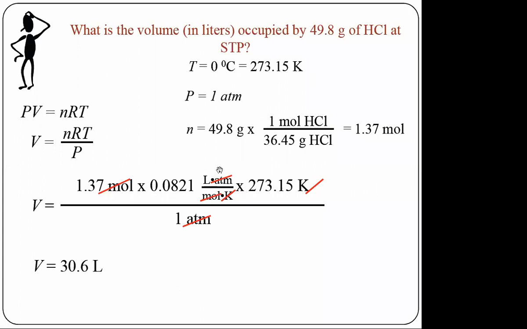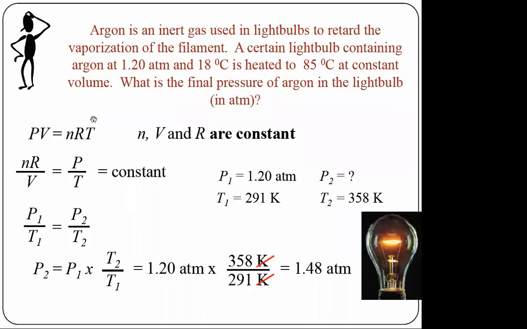Okay, for the expression I just talked about, in this case, you are given only a single set of units. You are given the mass of your gas, and you are told that it's STP. So you have this as temperature, this as pressure. You can get the number of moles by dividing mass over molar mass, and from there you can then get the volume using the expression V is equal to nRT over P.